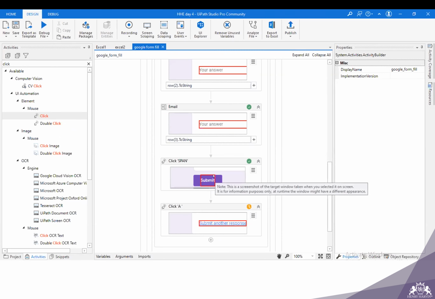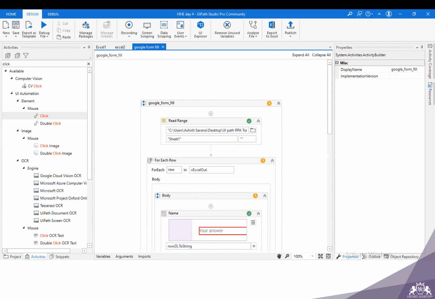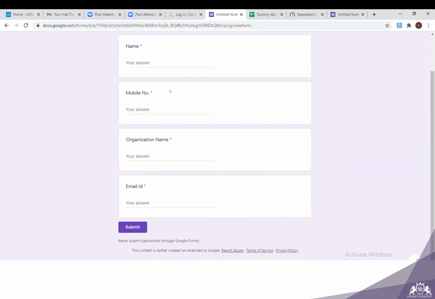And like this, you have completed your workflow, and you can execute it by just giving a fresh form to this workflow. All right, guys, can you please respond?